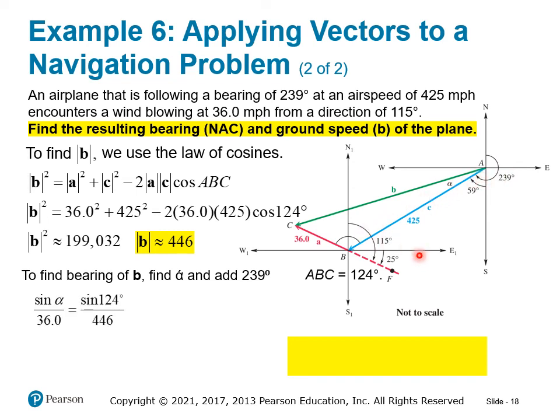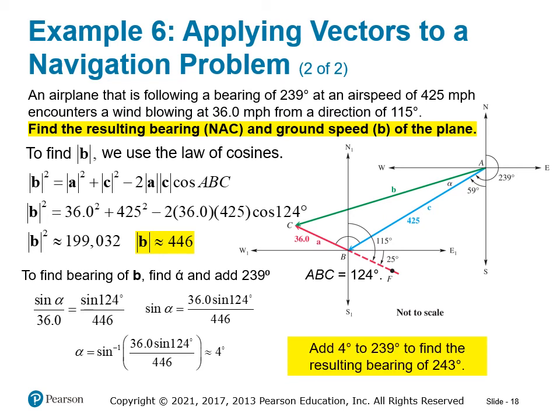So the sine of alpha over 36, the sine of this angle over the side opposite, is equal to the sine of 124 over the length of the side opposite, which we just found, 446. So the sine of alpha equals 36 sine 124 over 446. And so we take the inverse sine and we get 4 degrees. So alpha is 4 degrees, thus our bearing is 243 degrees. So this plane is flying at a ground speed of 446 miles per hour on a bearing of 243 degrees relative to